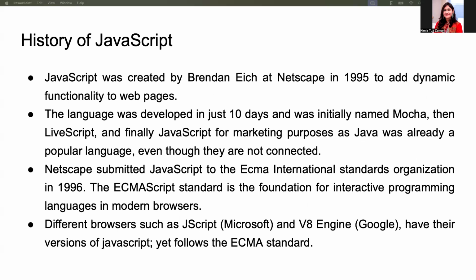So, a little bit of history. JavaScript was created by Brendan Eich at Netscape in 1995 to bring dynamic functionality to web pages. Surprisingly, it was developed in just 10 days and went through several names: Mocha, then LiveScript, and finally JavaScript, mainly for marketing reasons since Java was popular at the time, even though the